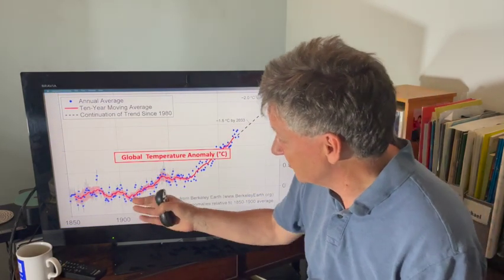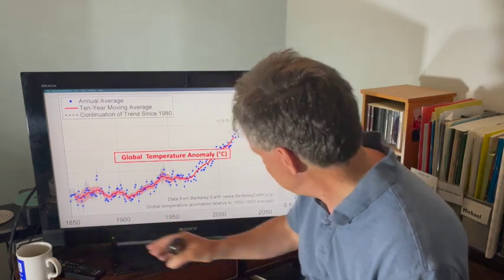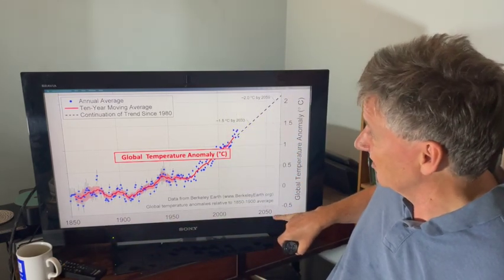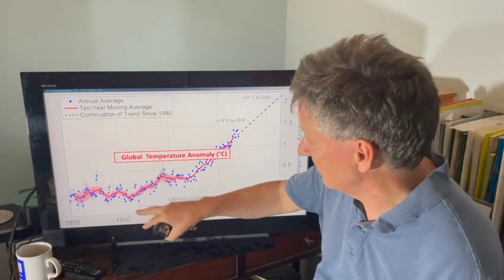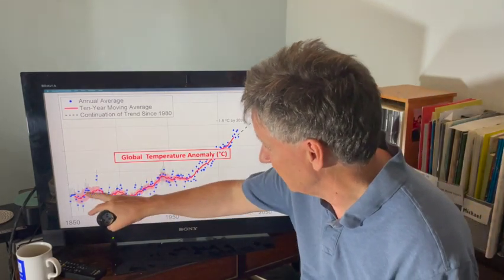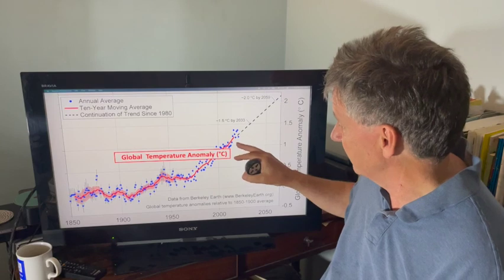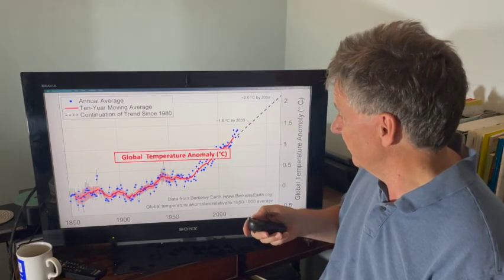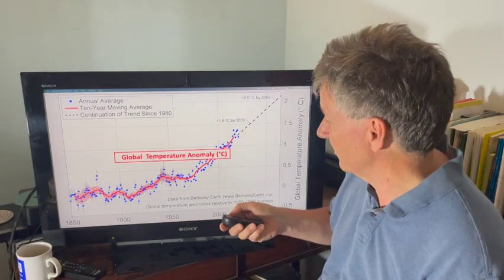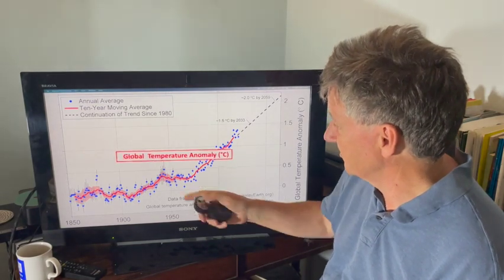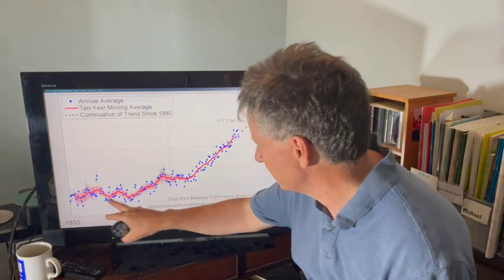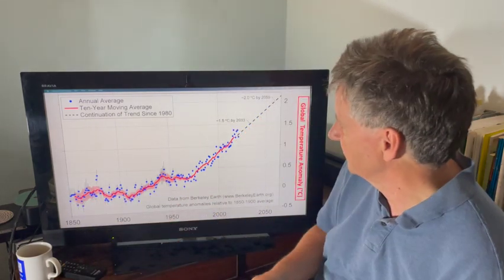And here you can see, if you look at the records, this goes from 1850 to, well, this one's going up to 2070, and this is the yearly data, and this is the 10-year moving average. And you can see if things keep going like they are, we're going to really warm up very, very quickly. This is called the global temperature anomaly. That's the temperature difference from the period 1850 to 1900.